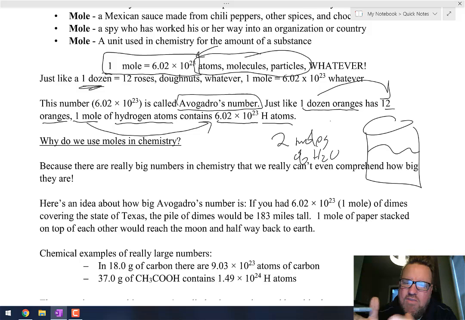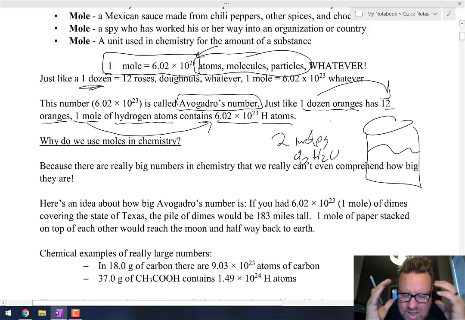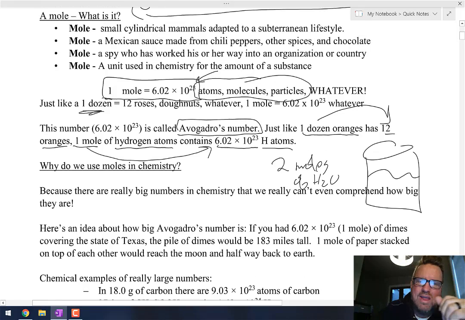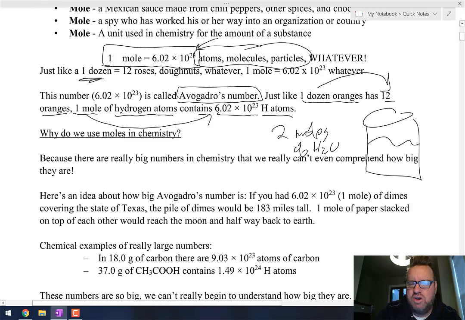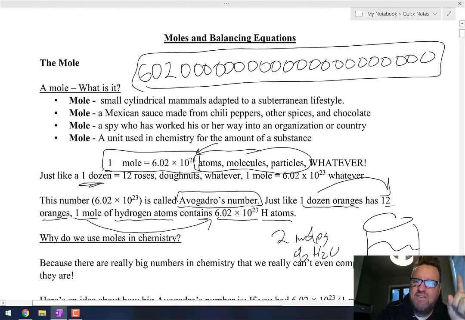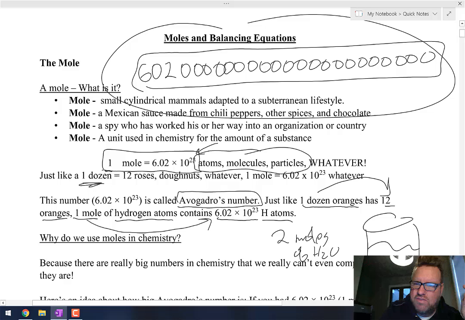If we can get away from using such big numbers that our brains can't even comprehend how big these numbers are, it makes it much, much easier. So let me give you an idea how big this number is. First of all, let's put some commas in here and make sure I put the right number of zeros, which I did. These are hundreds, thousands, millions, billions, trillions, quadrillions, quintillions, and this, I believe, is